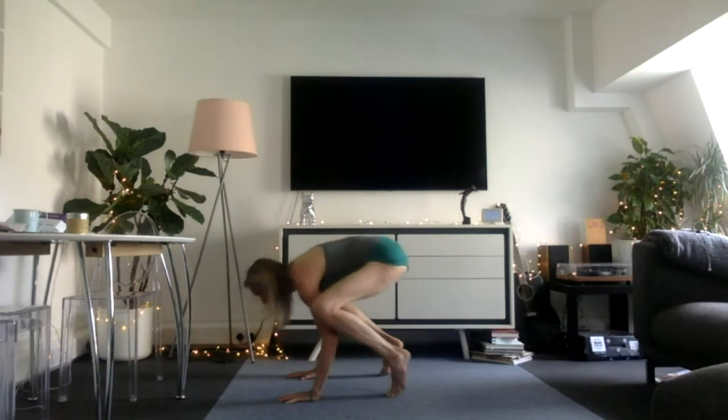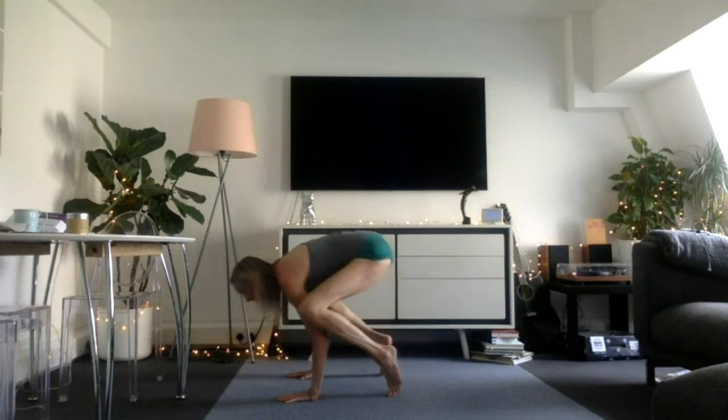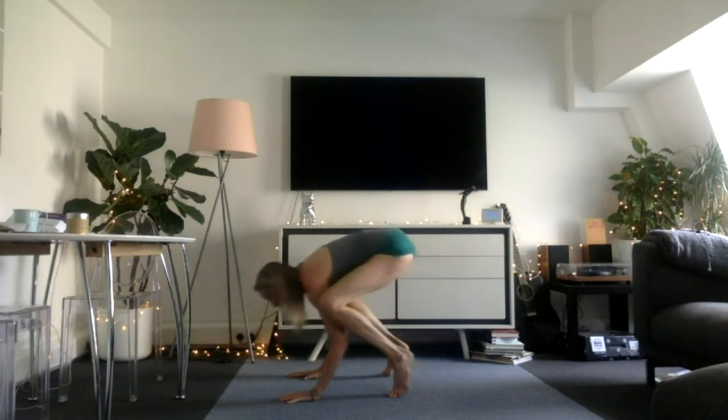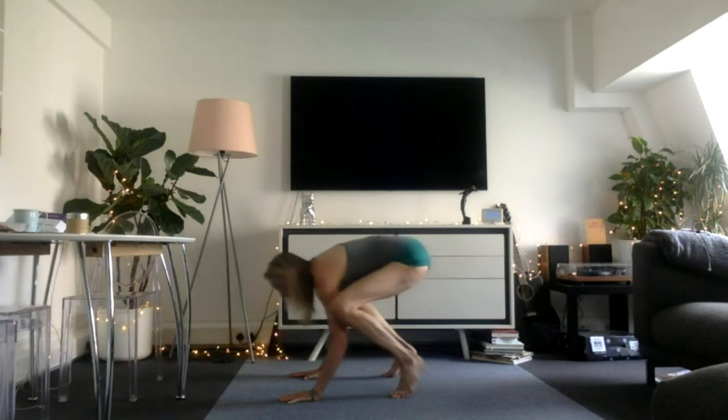Now the key thing is you look forward. Please don't look back. You don't need to see your toes. They'll still be there. Just look forward about a foot away ahead of you, and keep that rocking motion so you can feel the pressure. You can feel like you can support your shins a little bit,